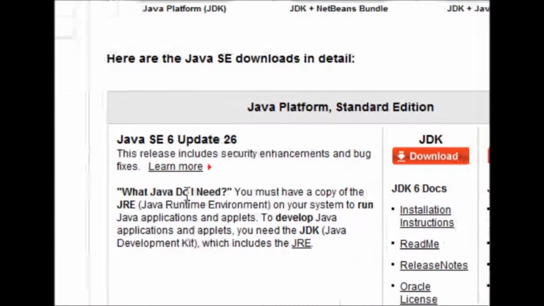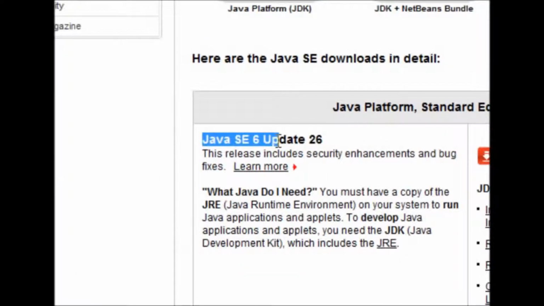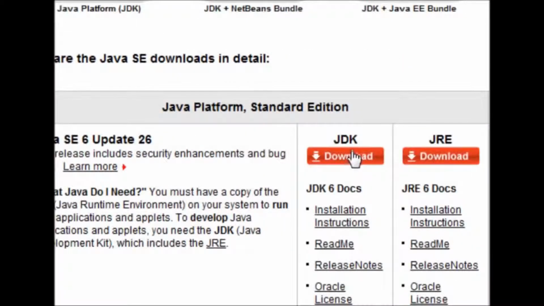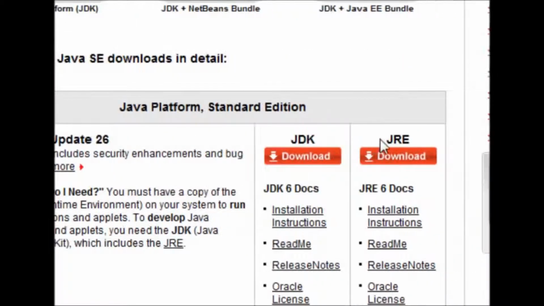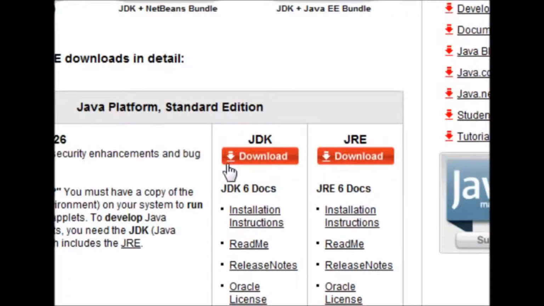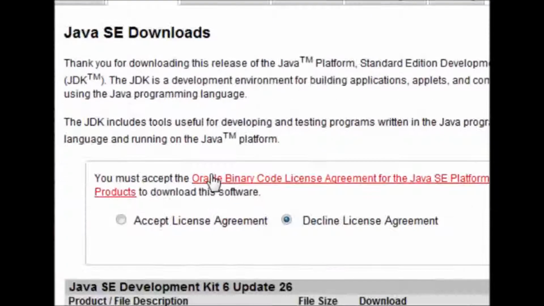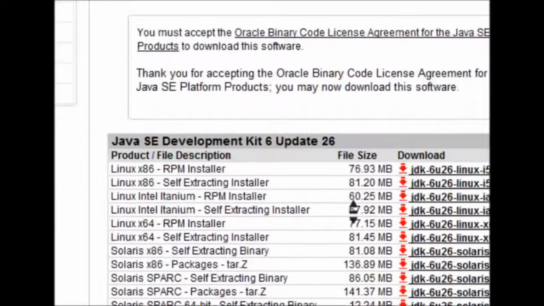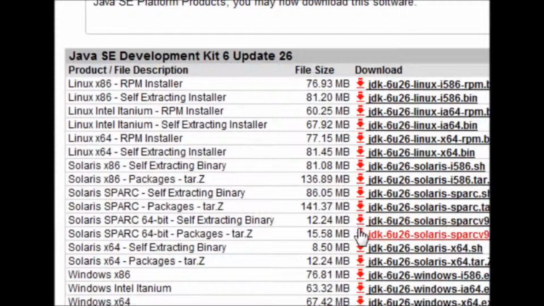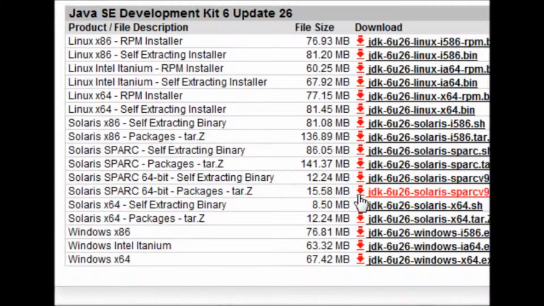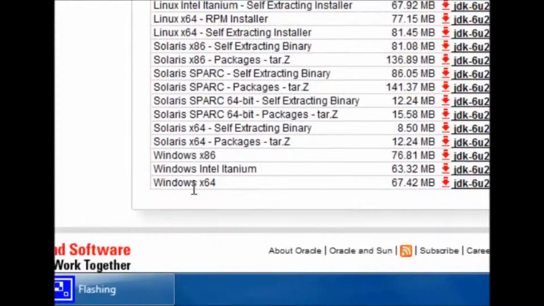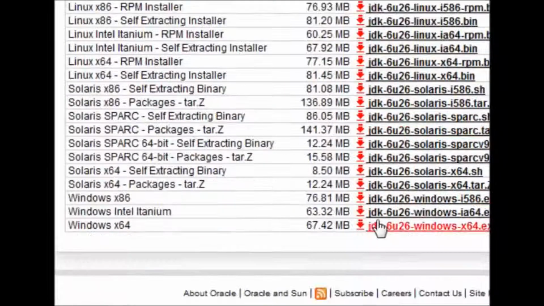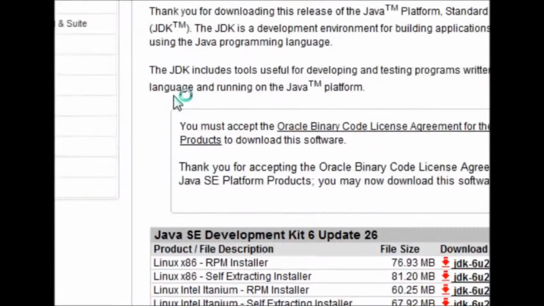And then just scroll down and you see Java SE, Java Standard Edition 6, Update 26. Just hit download under the JDK. We don't need the JRE at the moment. And now you're on the downloads page. Just hit accept on the license agreement, and as you can see, there are many options for every possible operating system you might have. I have Windows 64-bit, so I would click this, and then